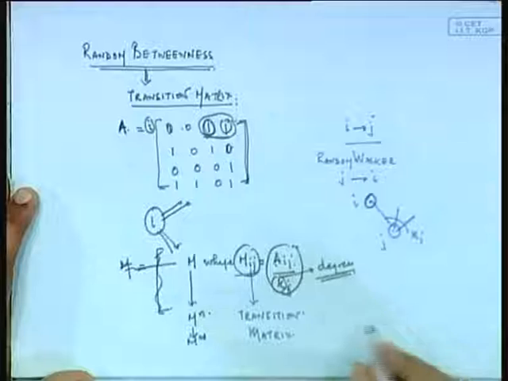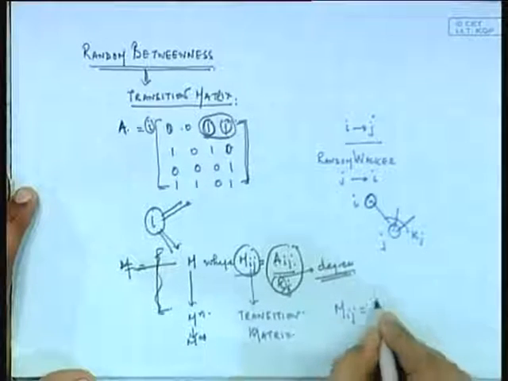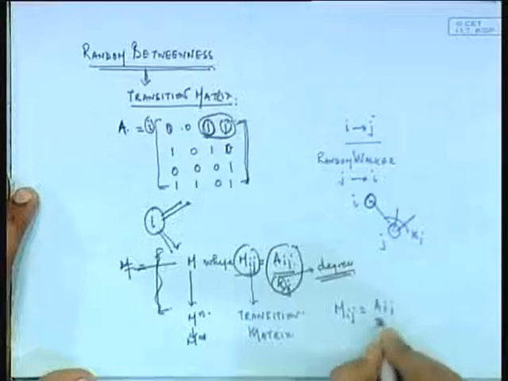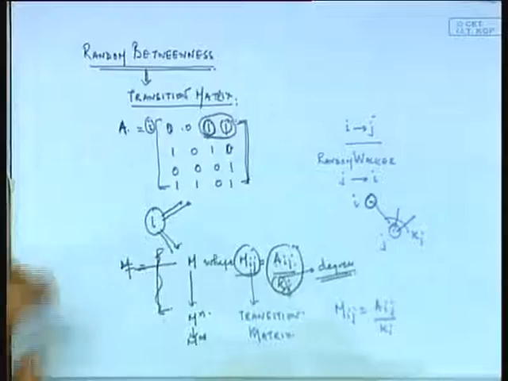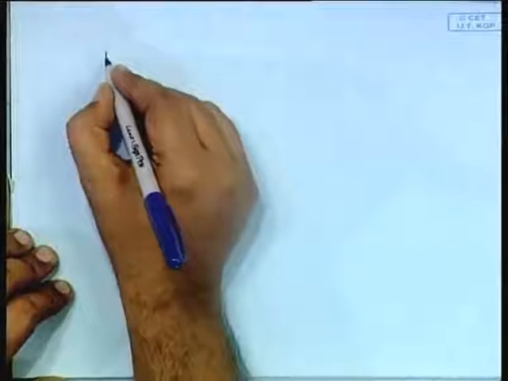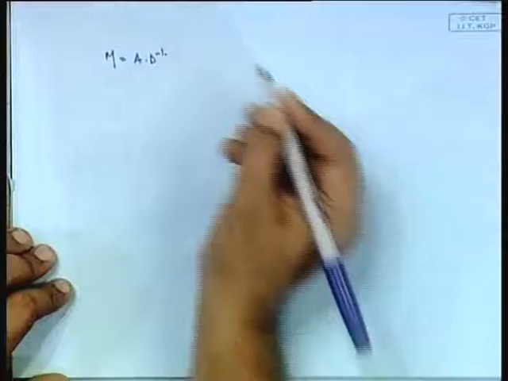So, that is why you get the transition matrix, which I again write as Aij by kj. Clear? So, taking this into consideration, what we can write is M is equal to A D inverse,